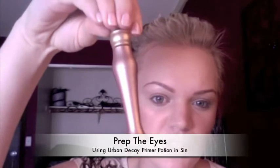What I'm going to do is take some of my Urban Decay Primer Potion, this one's in Sin. It comes out on a little doe foot, and a lot of product comes out at first, so I like to wipe a little bit of it off because you really don't need too much of this potion. In fact, if you put a lot of this primer on your eyelids, it's just going to crease, and the whole point of putting a primer on is to prevent creasing and to keep your eye makeup staying on for longer. So I just take the doe foot and put it